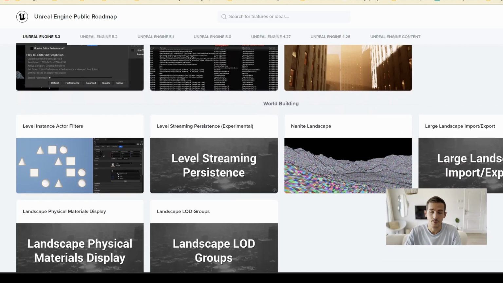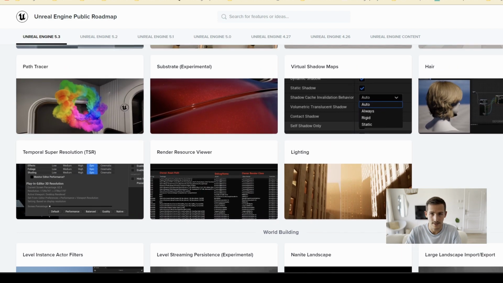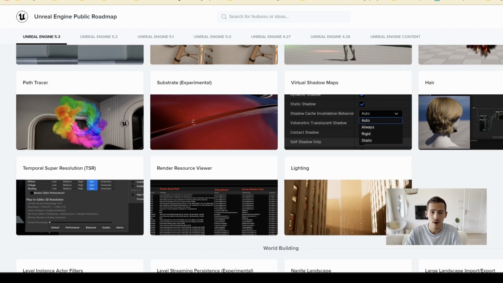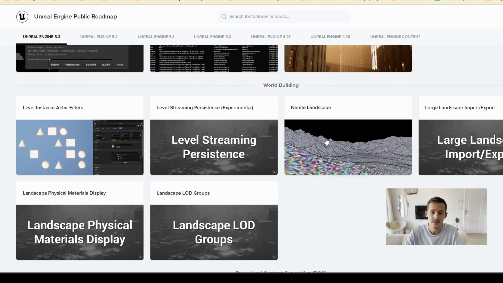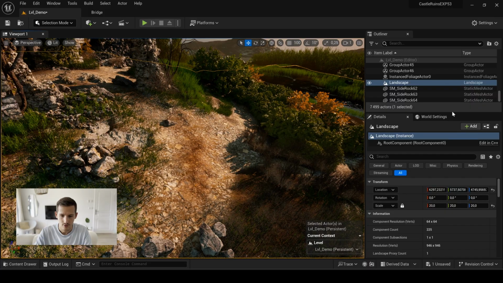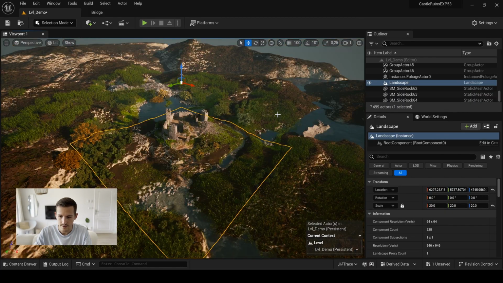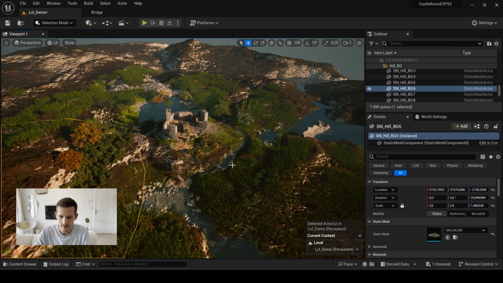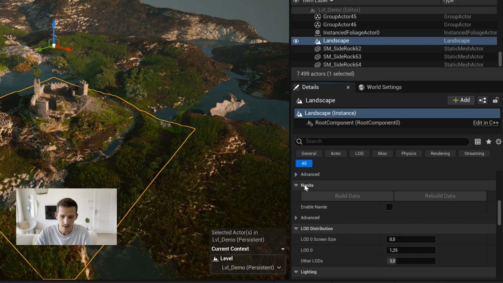Before we go any further, bear in mind that what I've just shown you isn't in the official 5.3 roadmap. It's really early days and not all of it is optimized for the moment, so just use it to try and experiment. To avoid any confusion, we're going to talk about Nanite Landscape, what it really is, and how to mix it with the new tessellation system. This is because Nanite Landscape, unlike tessellation, is part of the 5.3 roadmap, and the main objective is optimization. So Nanite Landscape is really simple to activate. Just select your landscape, in its details panel look for Nanite, tick Enable Nanite, and then Build Data.